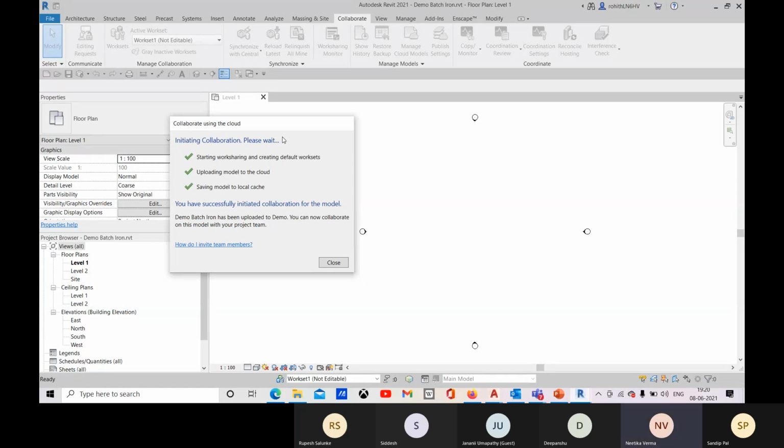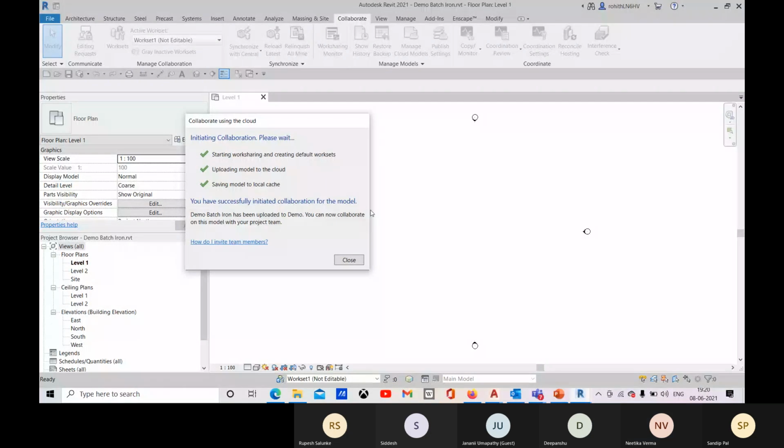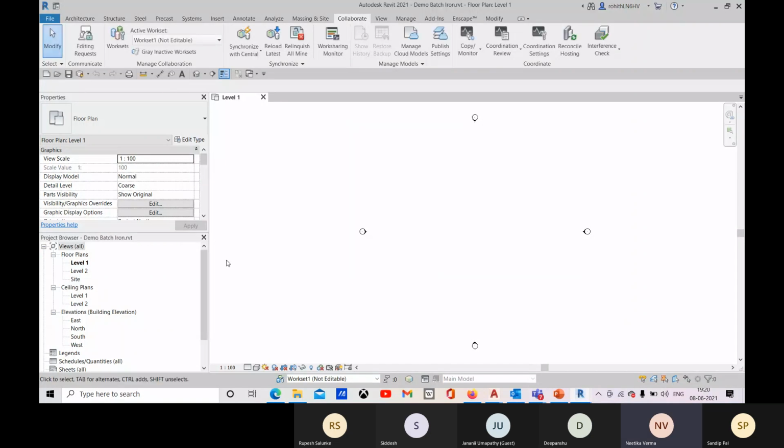Right now, this is the platform where I'm saving it. Okay, I could save it in my local area network, but that is not possible to show you. So this is another part. It will be more clear when you attend the BIM 360 classes. Okay.